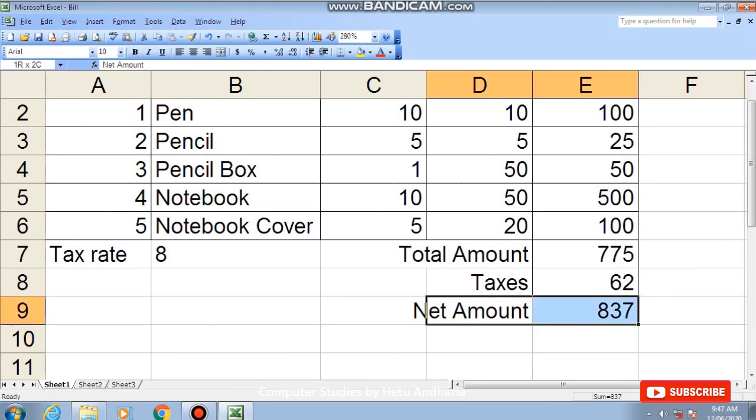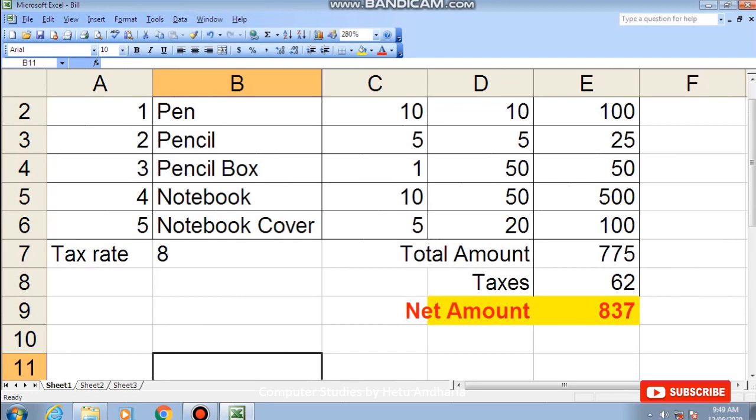Right? Now I can make this bold and fill color in it, as this is the final amount to be paid. So this was our first practical. After doing this much, you have to save the file, that is save the changes by pressing Ctrl S or by pressing the save button. Thereafter only you have to close the file.